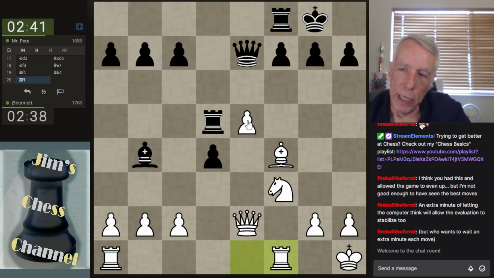So this pawn is pinned, so he can attack it however he likes. By playing f6, for example. I could push, but it's defended here, so if he plays f6 and then takes this pawn,